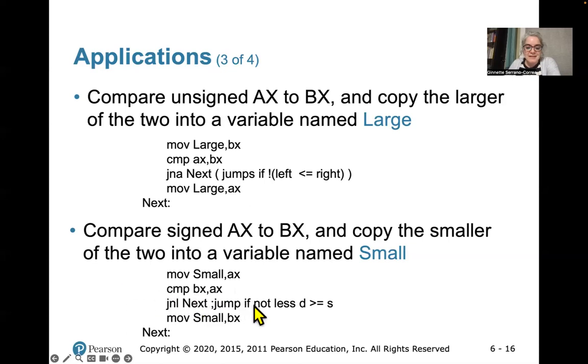Okay, if not BX greater than or equal to the source, so destination, so it's the opposite. I hate the nots. So it means is BX less than or equal to AX. If it is,